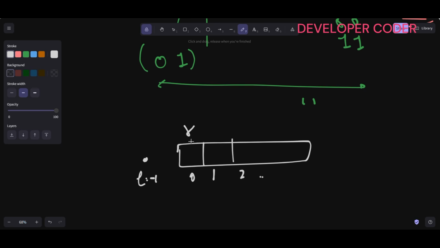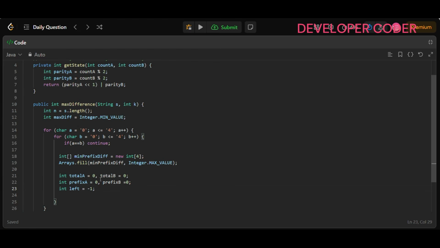Okay, so if my right is here, and I'm considering this, what I'm going to do is right minus left, 0 minus -1, so I'm getting 1. Okay, and that is the size of this window, right? So here, just run one loop for int right is equal to 0, right is less than n, and